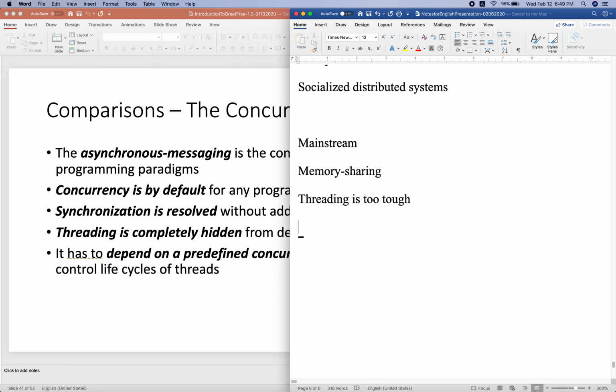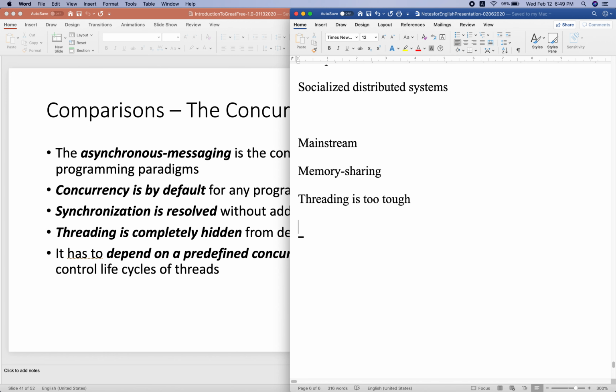Reusing threads is a very important issue, because if threads are not reusable, you have to create threads frequently and it consumes a lot of computing resources. The performance would not be good. Because of these two major drawbacks, memory sharing and threading being too tough, when programming distributed systems, threading is made invisible.